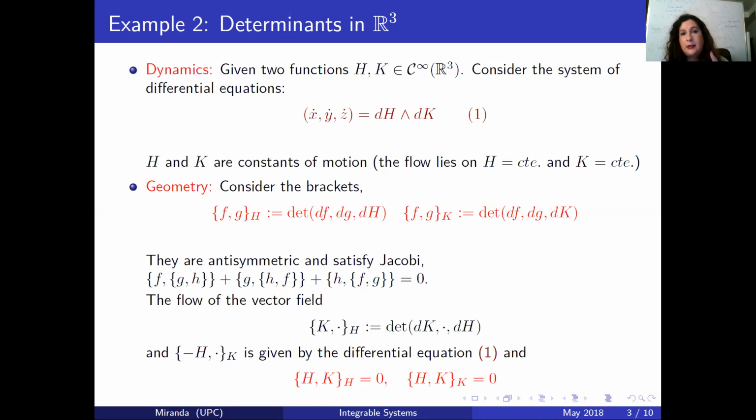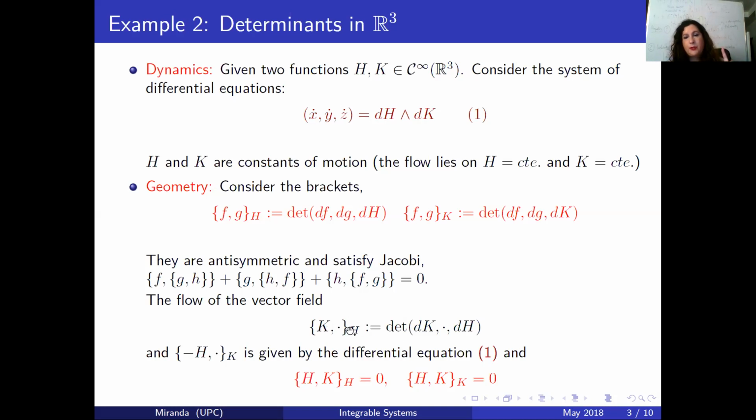The interesting thing is that these two brackets are skew-symmetric. That's obvious from the definition of determinant. They satisfy the Leibniz rule, and they satisfy the Jacobi identity. Okay. So that's interesting. Leibniz is harder, okay? Because how do you check Leibniz? Then you check that the flow of these vector fields,